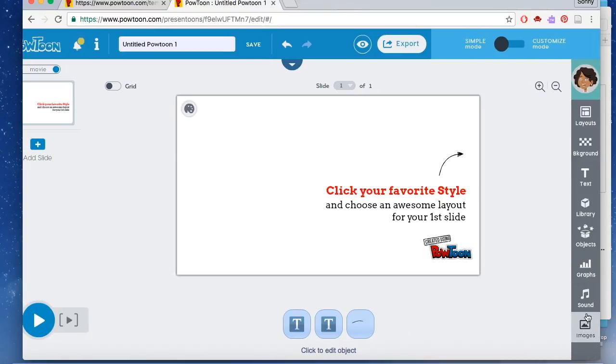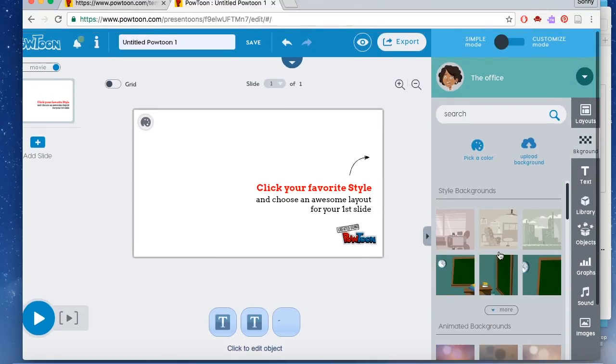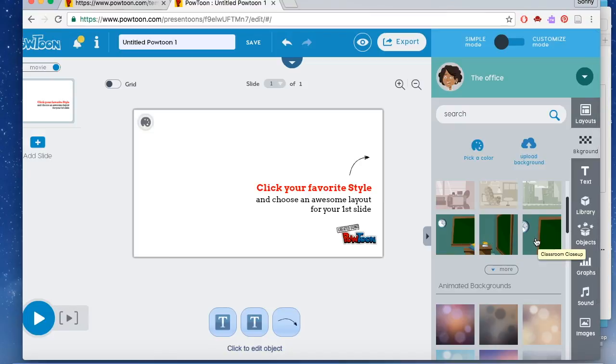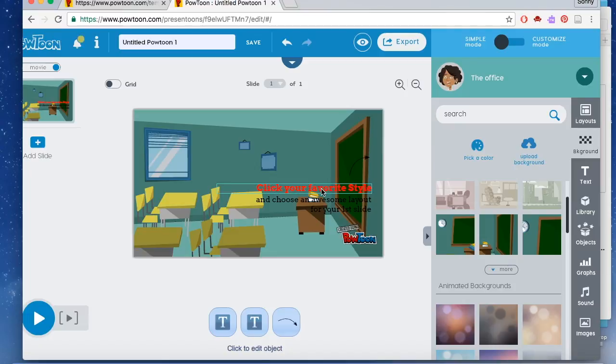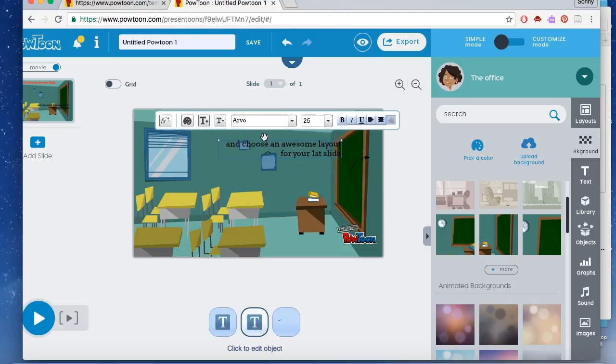menu bar. So you can add any type of object that you like. Let's change the background. Let's have a classroom background, and so I'll have a classroom from the side, and it puts everything in there. The background is very engaging. Anything that's on the screen that's able to be clicked can also be moved, and so what we're going to